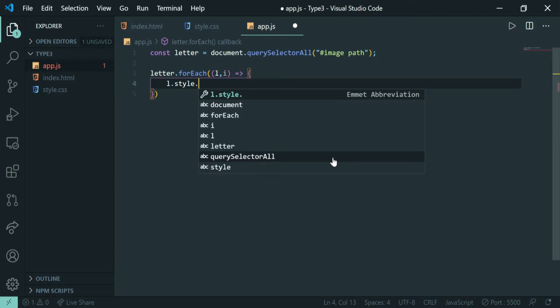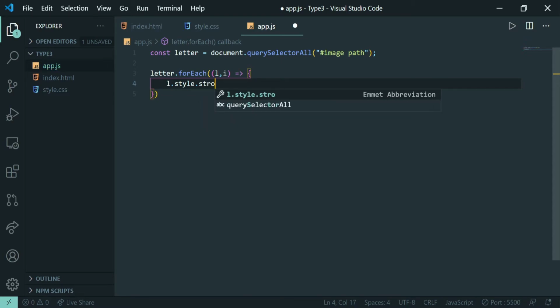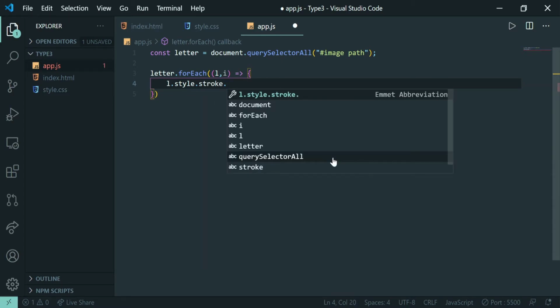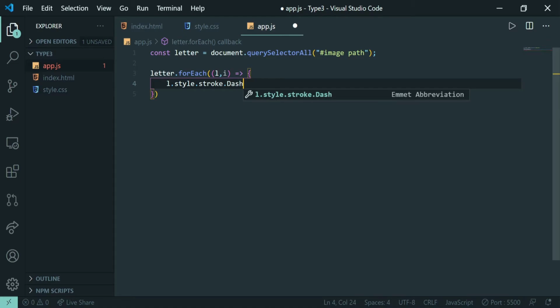It was stroke.dasharray equals, and we want the whole path value over here.